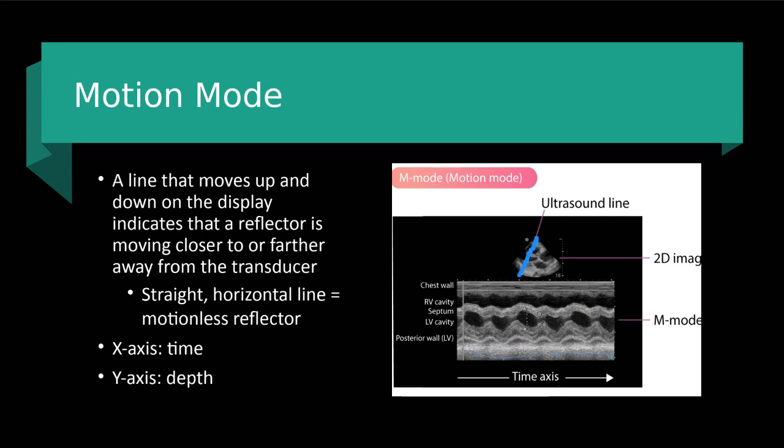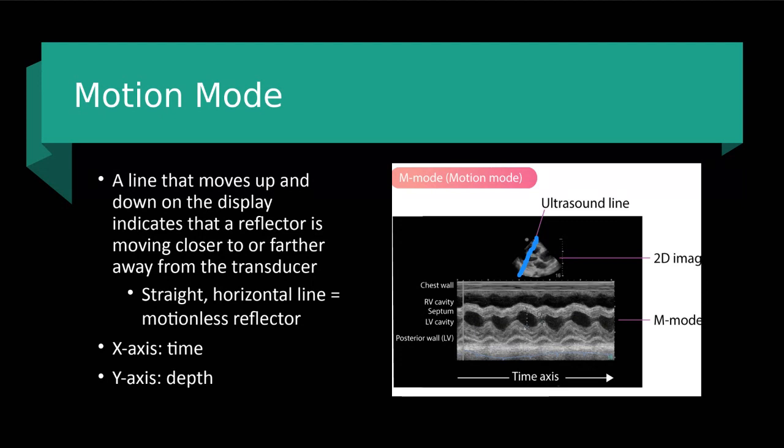So that's where you are selecting where you want to pick up motion from. You're putting that line and that pathway right where you want to be evaluating. So in this example, we are looking at a heart, an adult heart, an echo picture. Now, when we are using M mode,